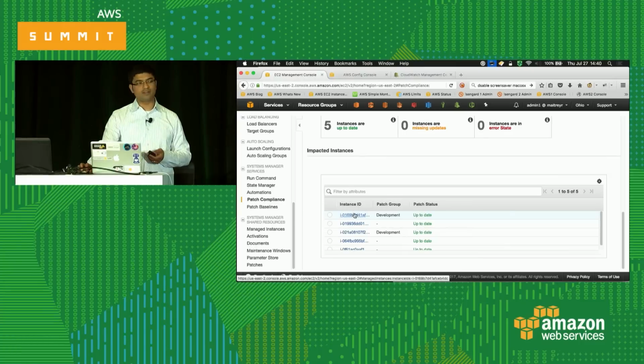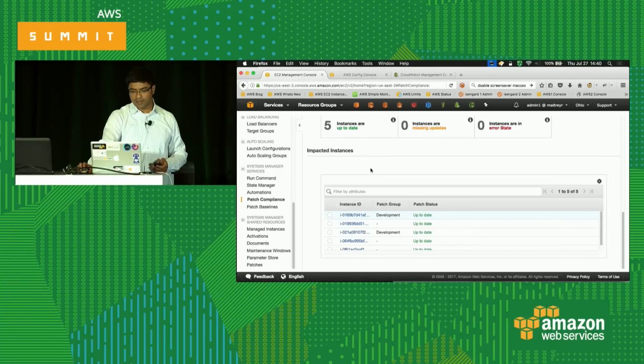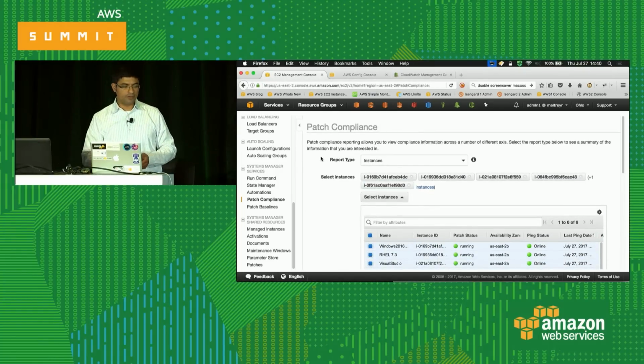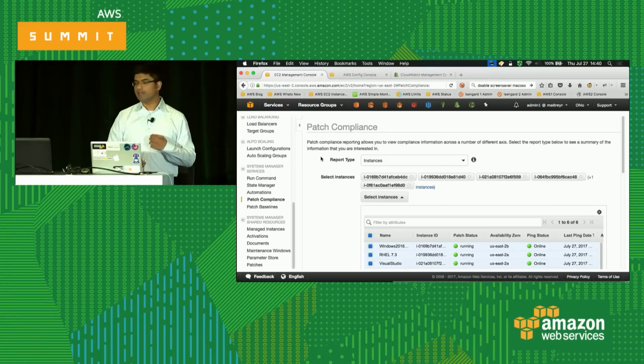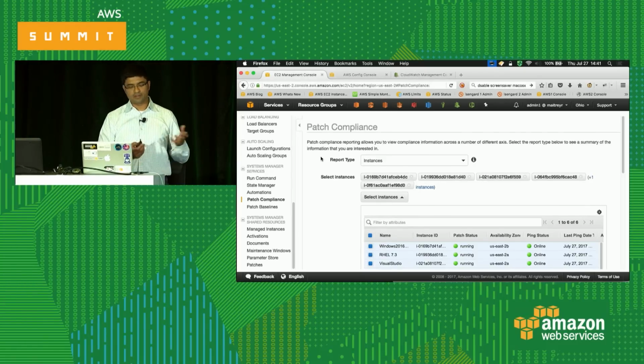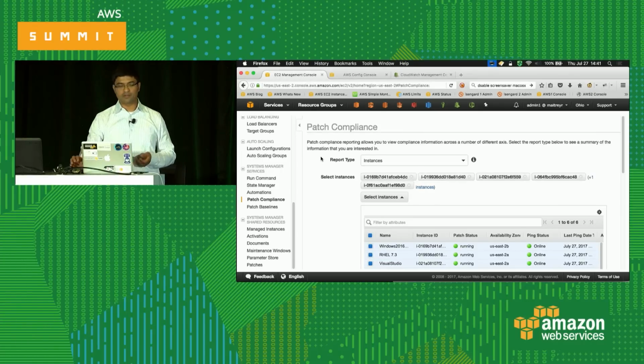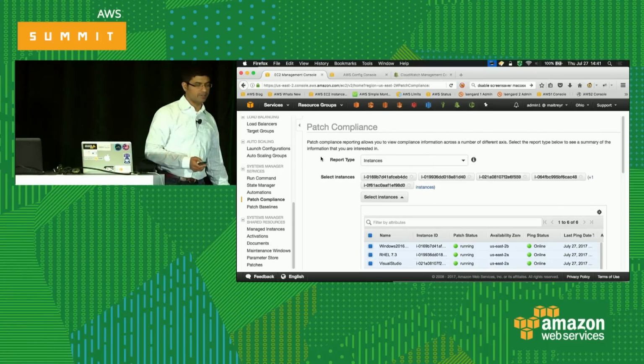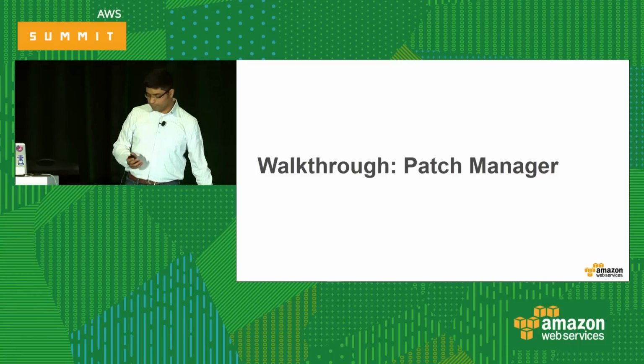And I can click on these instances and see the output of all of those actions to see what patching actions were completed. So to summarize, what we've done here is we've used Patch Manager to define patch baselines. We've also used maintenance window to execute those patches on a schedule that we defined, in this case once a week on Sunday nights or Sunday mornings, but we could have chosen a much more frequent execution if we wanted to do that. All right, so we'll switch back now to the presentation